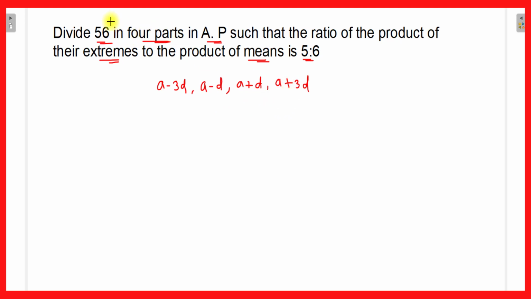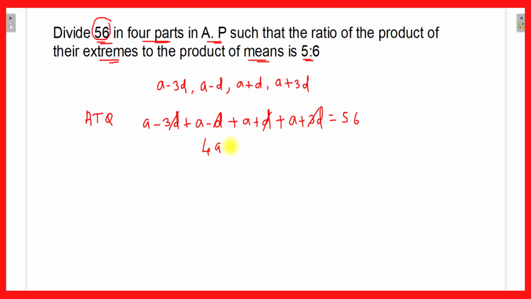Now we are dividing 56 into 4 parts. It means that the sum of these 4 parts is equal to 56, and therefore according to the question we can say that the sum of all these 4, that is A minus 3D plus A minus D plus A plus D plus A plus 3D, is equal to 56. And now here minus 3D and plus 3D will get cancelled, minus D plus D will get cancelled, and A plus A plus A plus A will be 4A, and 4A is equal to 56, and therefore A will be equal to